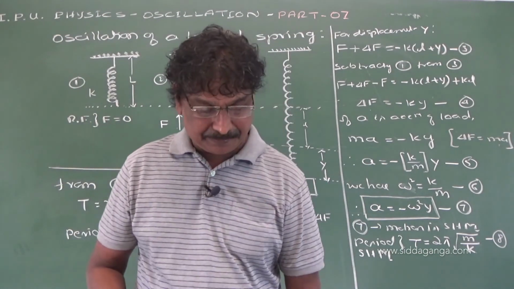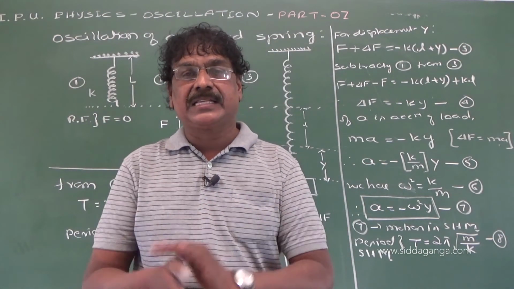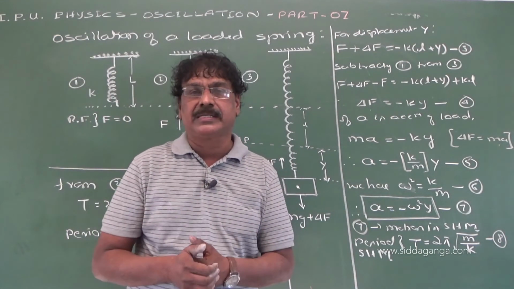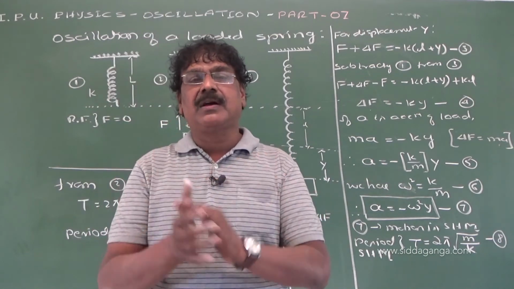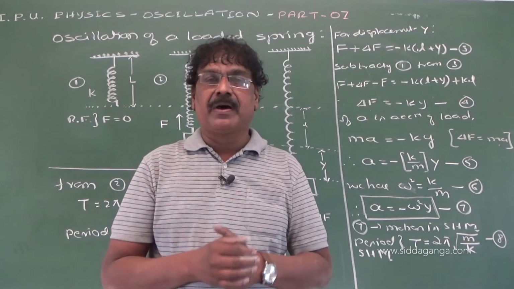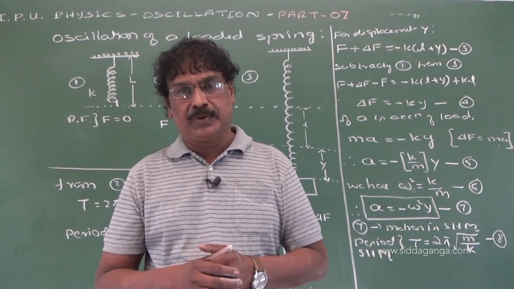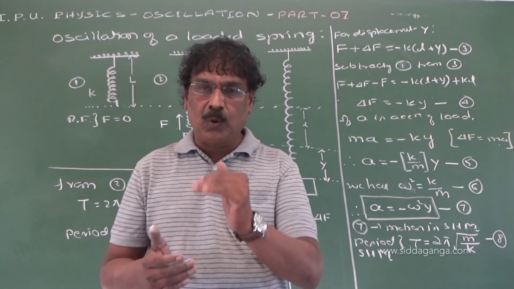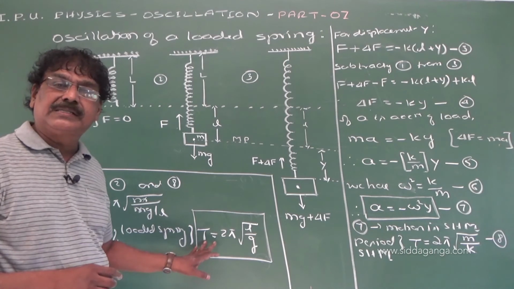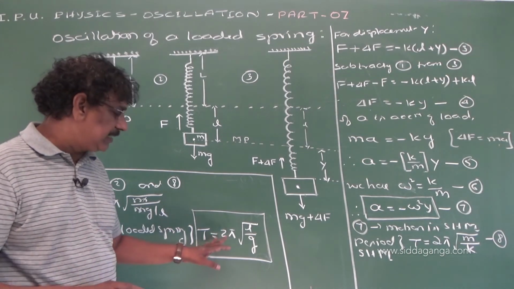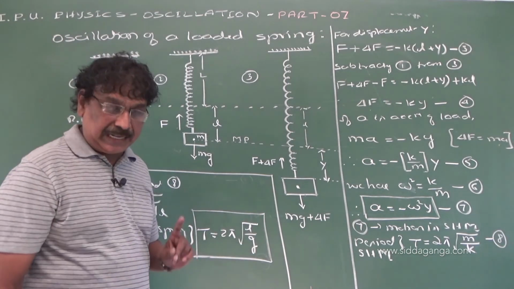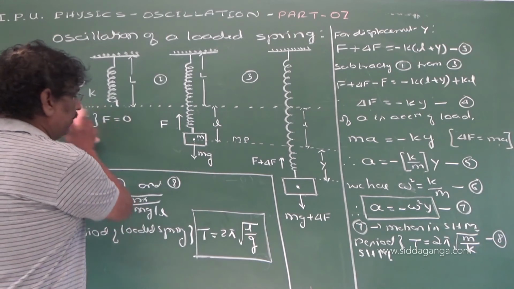So today, in this class part 7, we have discussed two important concepts. One, force constant of the restoring force of a particle executing simple harmonic motion, and we have obtained an expression for the period of a loaded spring, that T is equal to 2 pi into square root of L by G. And another thing I would like to tell you,